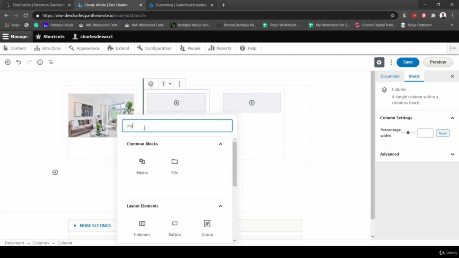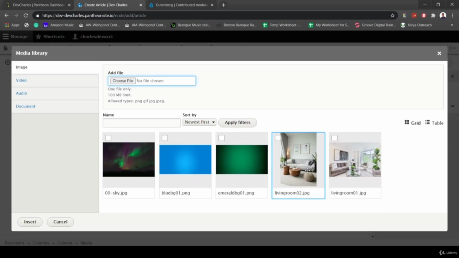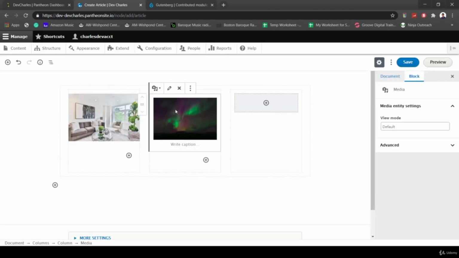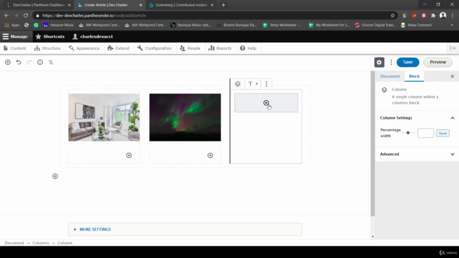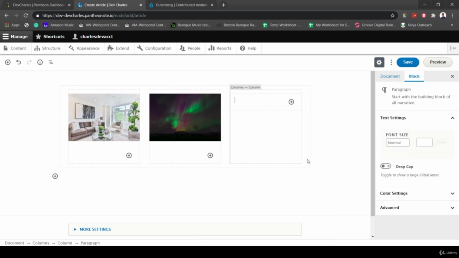I'll type in media here, add that because it's coming from my media library, and then I'll put this Northern Lights picture here, and then here I can say that I just want to add a paragraph of text, and this is just a test, and then I'll save it,